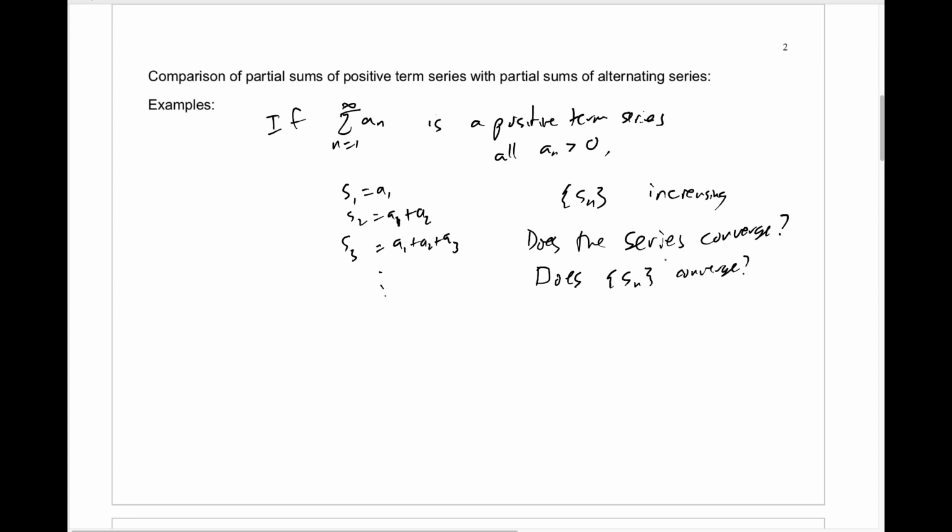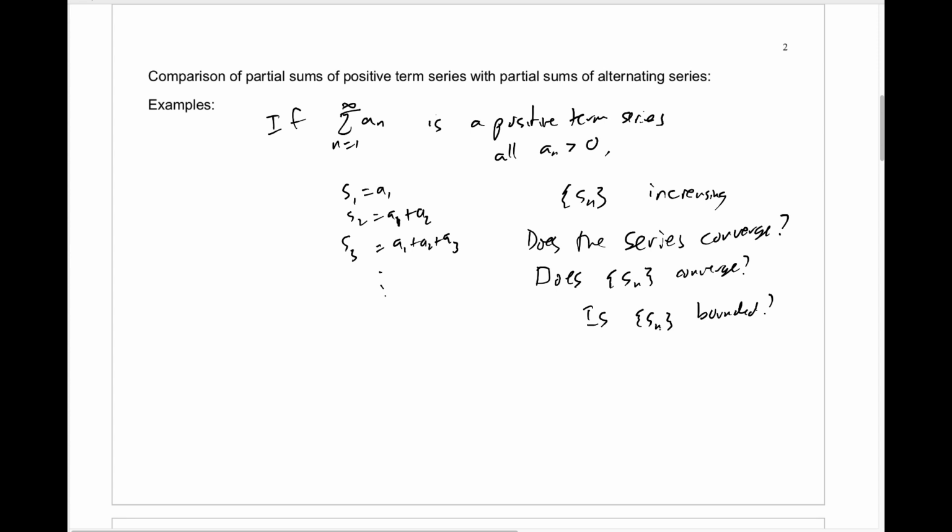Since this sequence is increasing, it really boils down to the question, is this sequence bounded? If this sequence is bounded, since it's also increasing by the monotone sequence theorem, it will have to converge. Of course, if it's unbounded, there's no way it can converge because it would get arbitrarily large and the sequence would diverge and thus the series would diverge. So when you're talking about a positive term series, convergence of the series is equivalent to boundedness of the partial